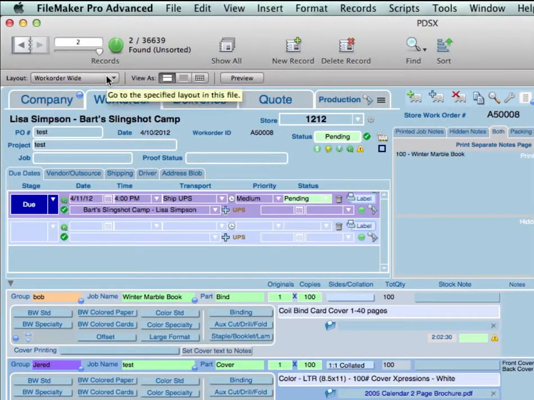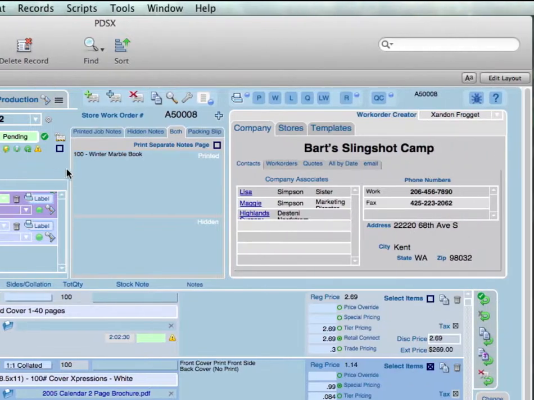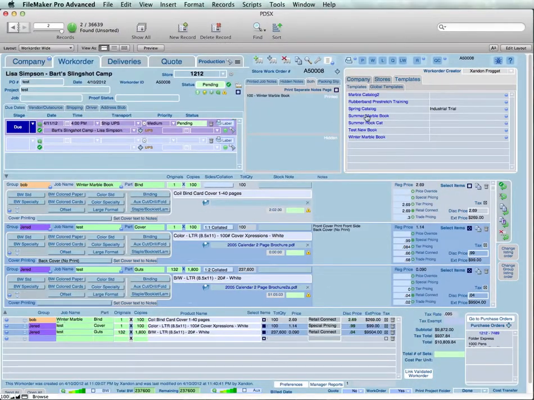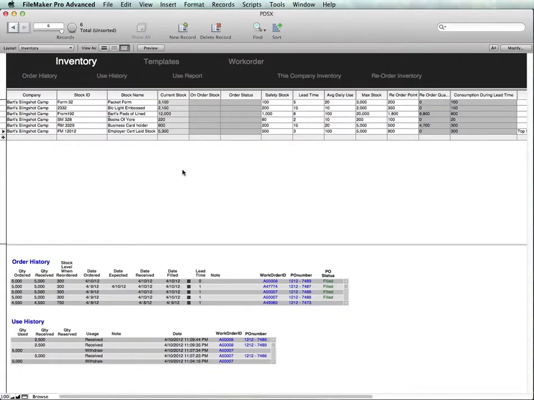To get to the Inventory Management page, you can select Inventory from the Layout pull-down, or under Templates, you can go to a template and then select the Managed Inventory button. Either of those will take you to the Managed Inventory page. On the page, you can see we have three tables. We have our Managed Inventory, we have our order history table, and a use history table, and those are linked